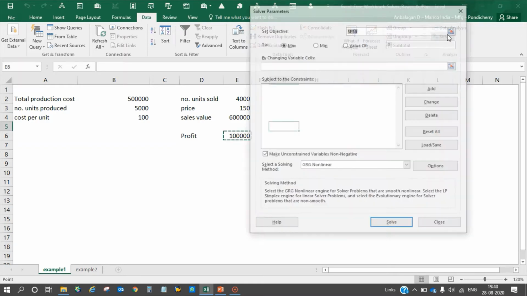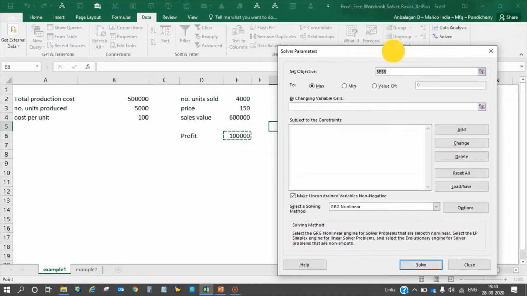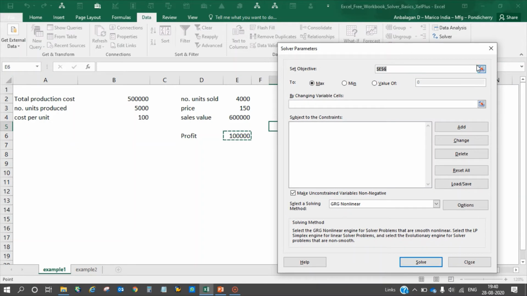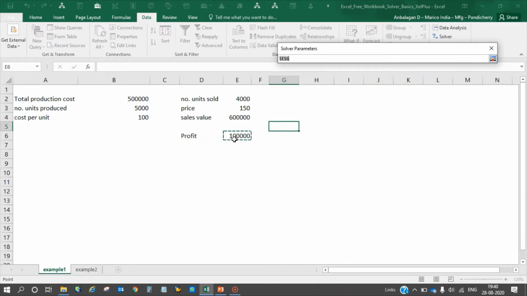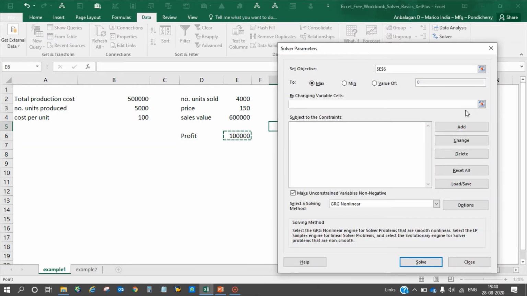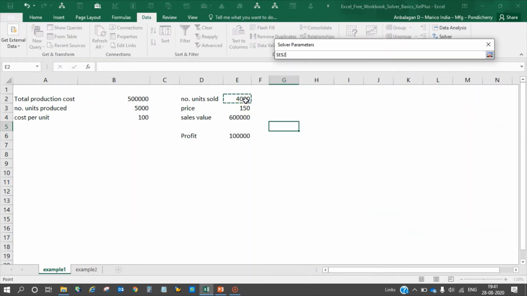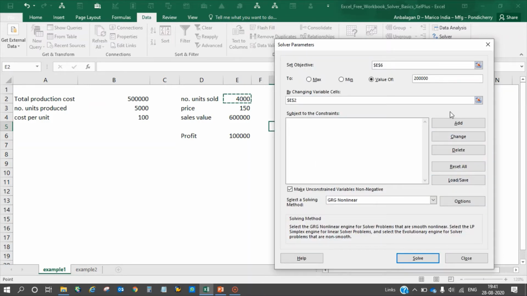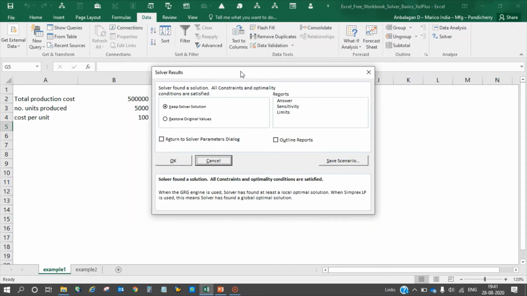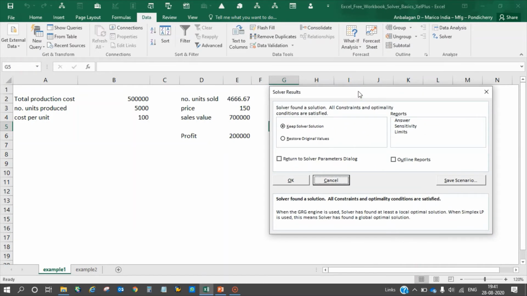Select this solver. Same way as we did in the goal seek tool, select E6, and I want a profit of 2 lakh by changing the units sold. Click solve, and the solver results display.